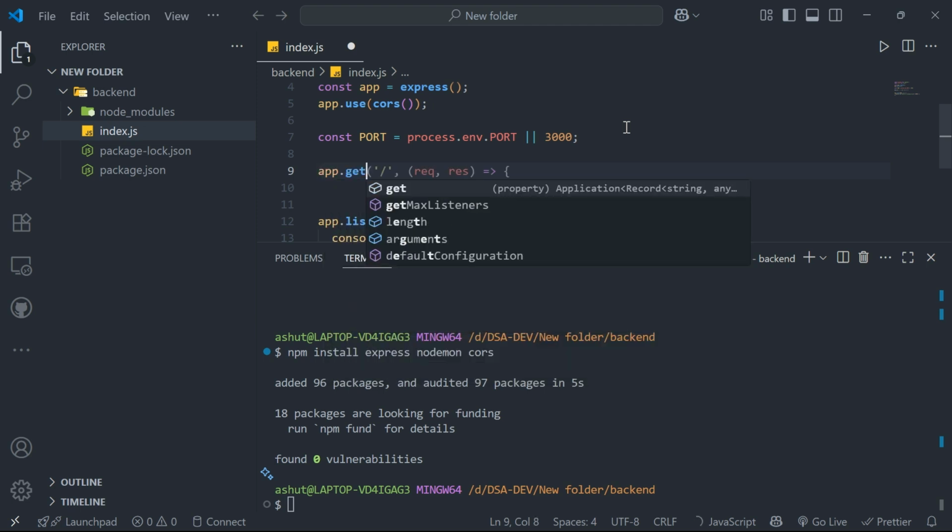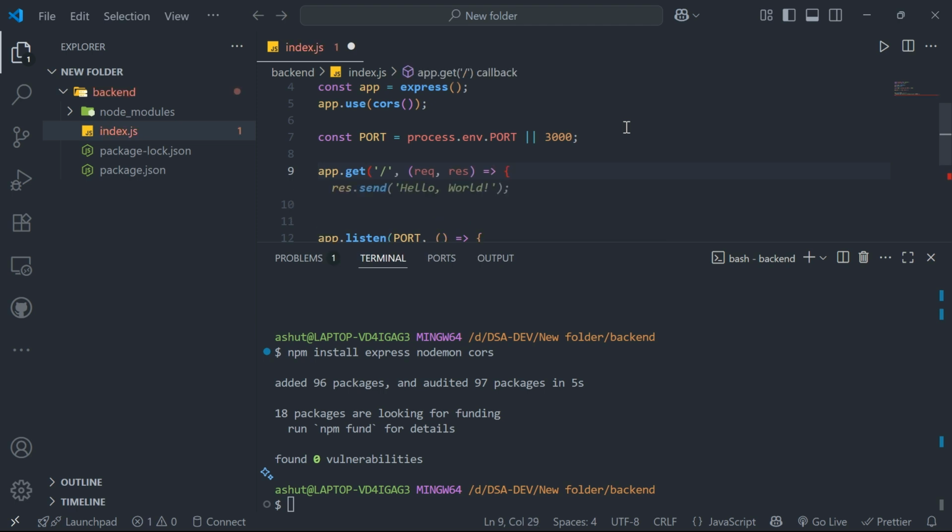App.get at the home route, say hello world. Okay,